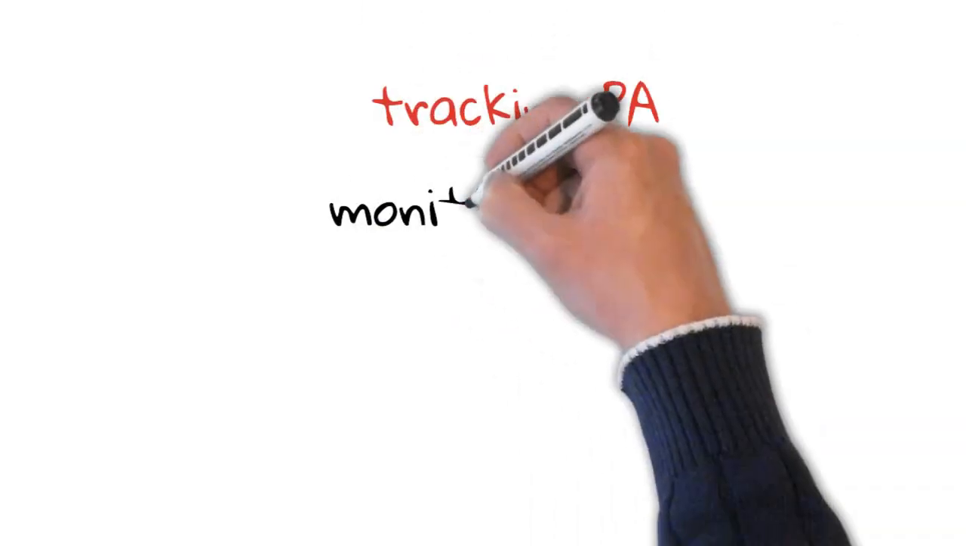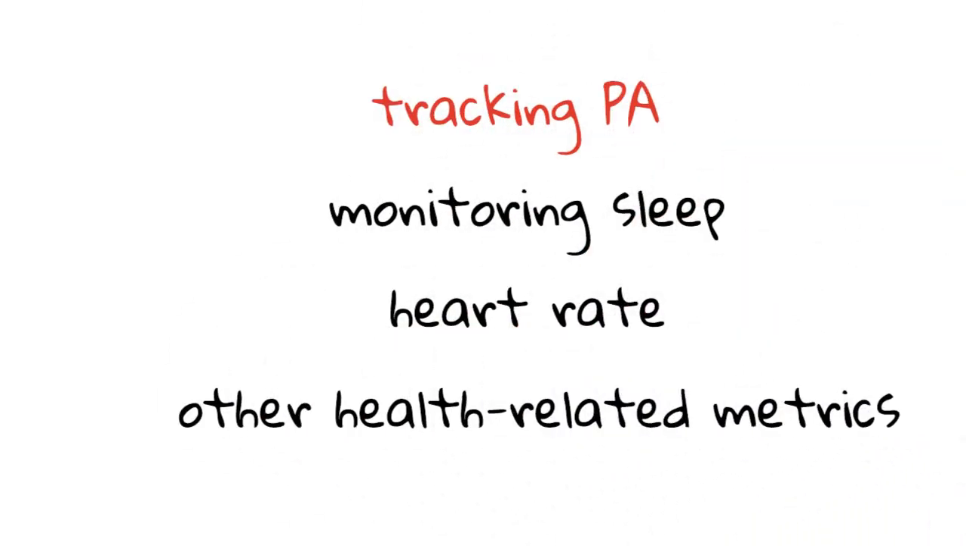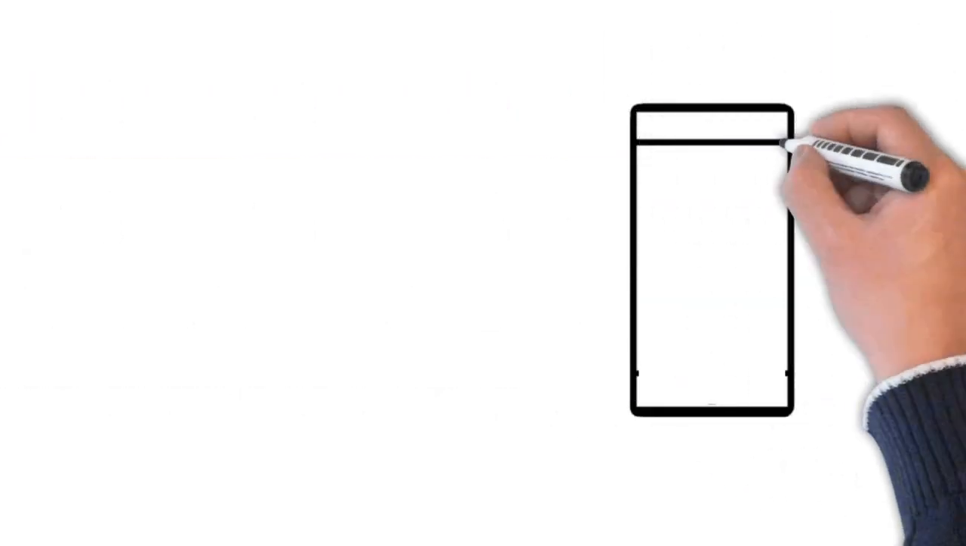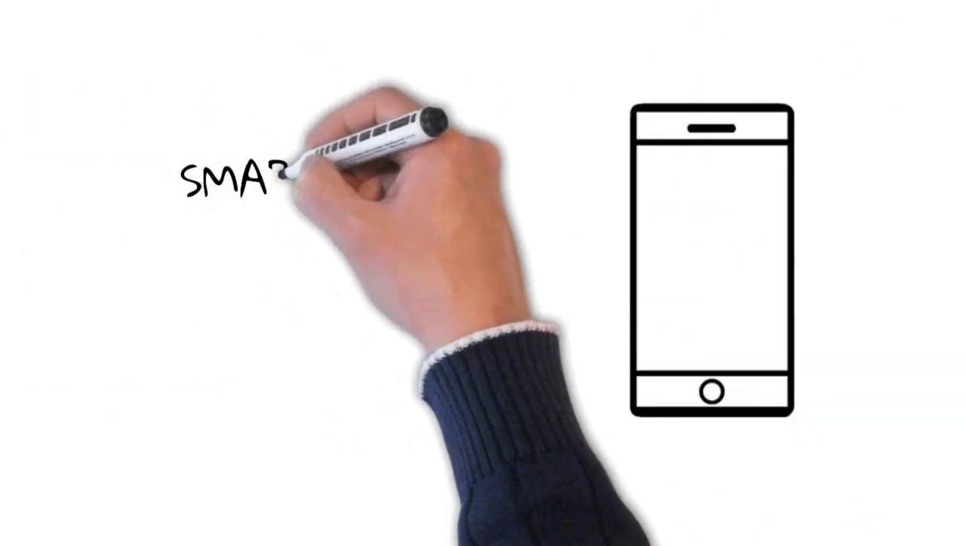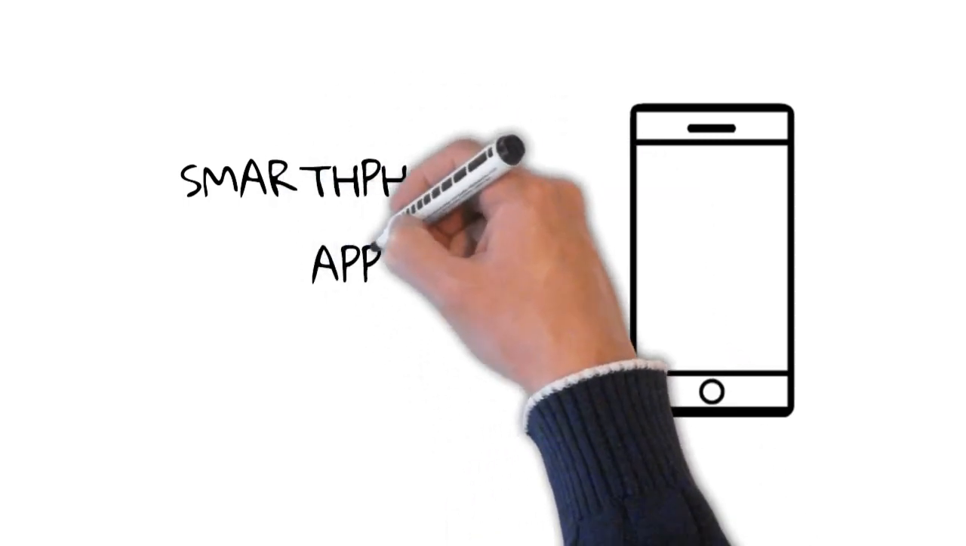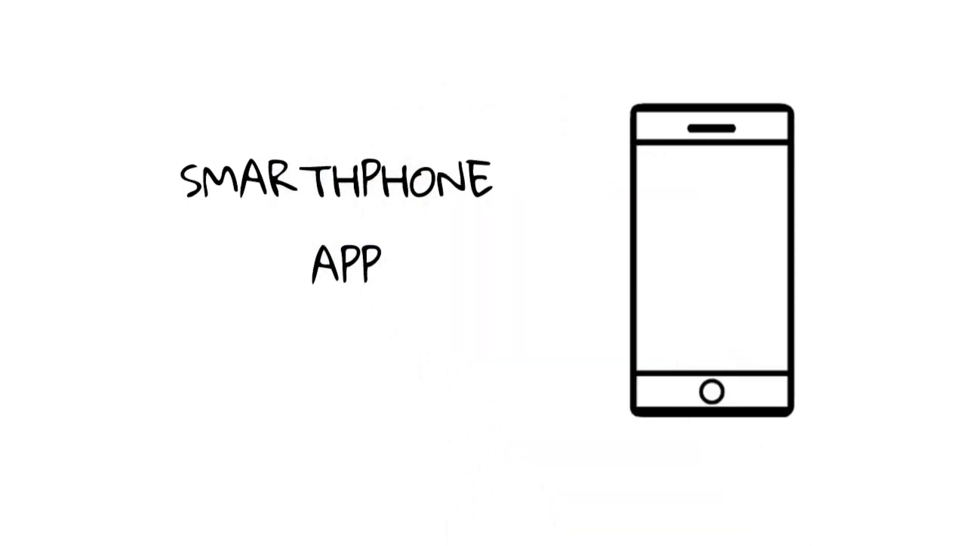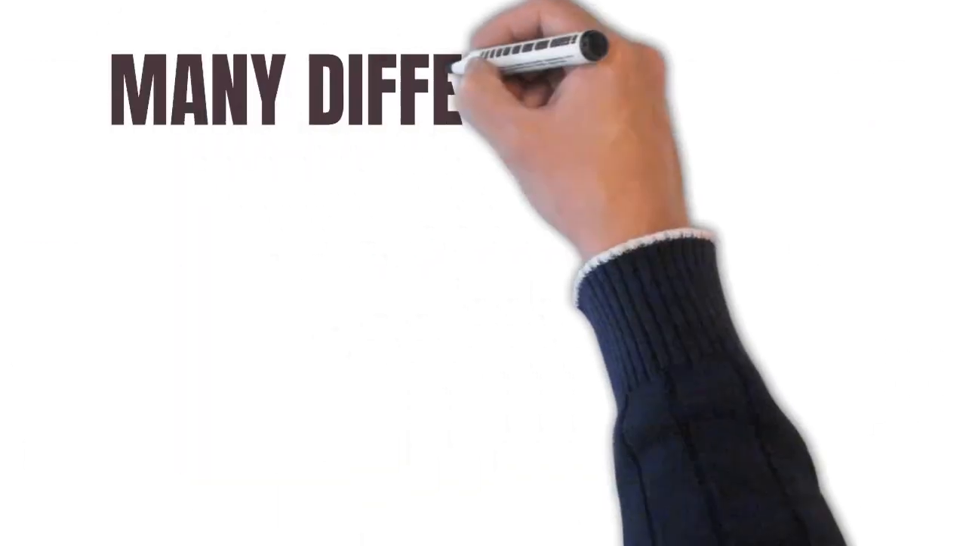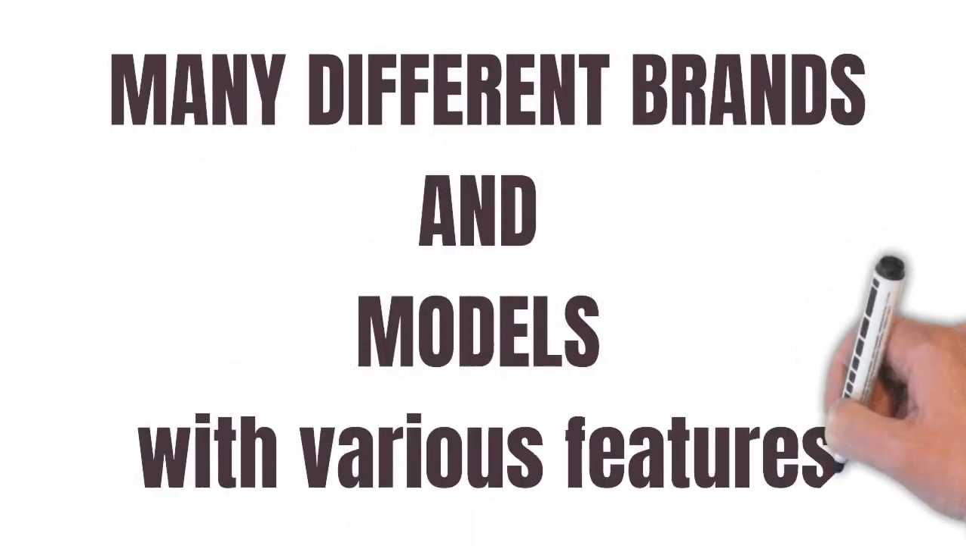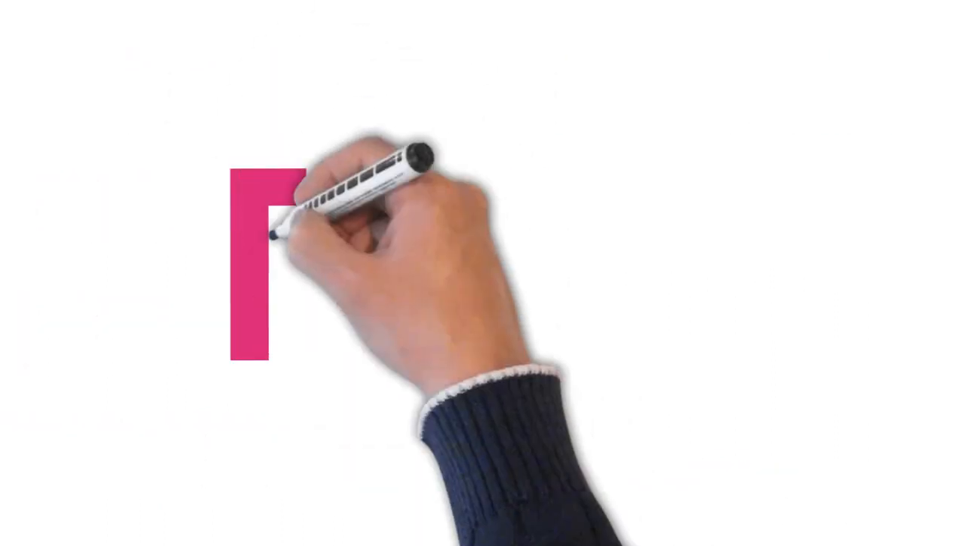In addition to tracking physical activity, movement bracelets may also include features for monitoring sleep, heart rate, and other health-related metrics. Many bracelets connect to a smartphone app or other software platform, allowing users to track their progress over time and set goals for themselves. There are many different brands and models of movement bracelets available for the assessment of physical activity, but some of the most widely used and well-known ones include: